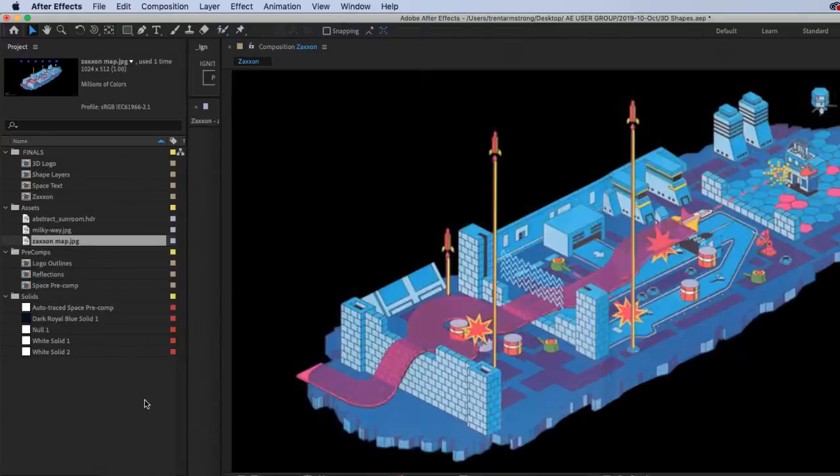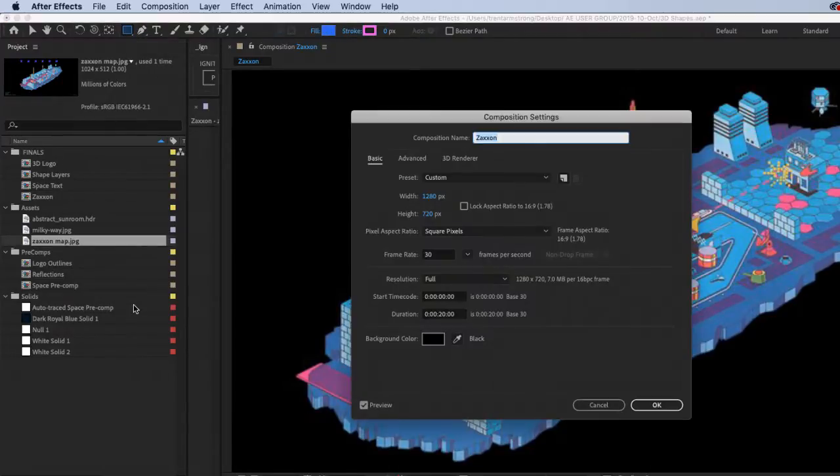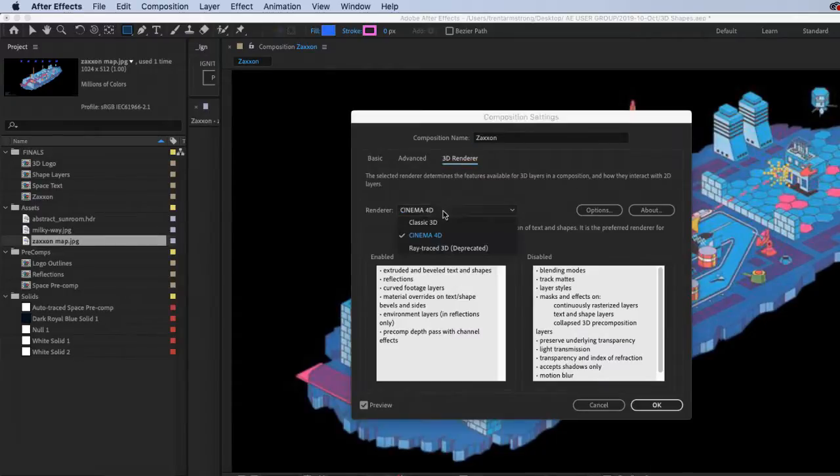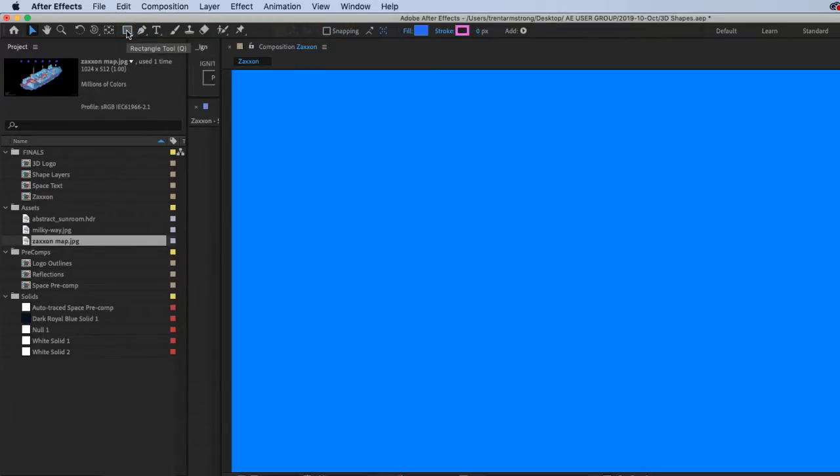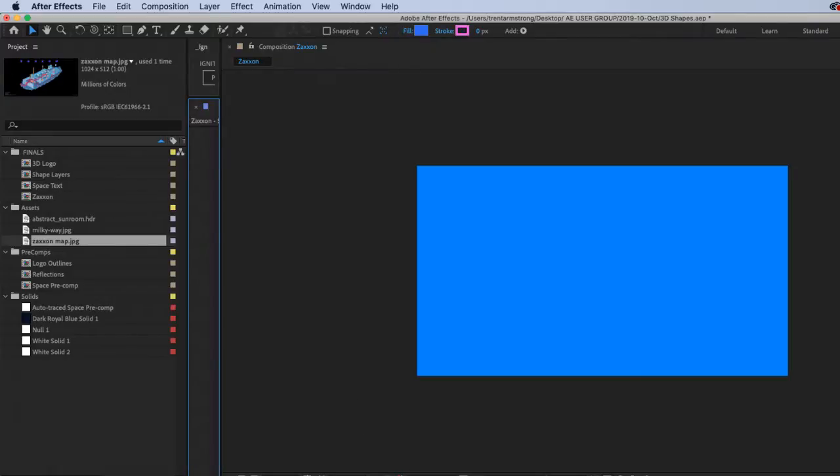So let's just pick something to create. Maybe we create the ground plane first. And let's just go back to classic 3D to start with. And double click here to put that in.